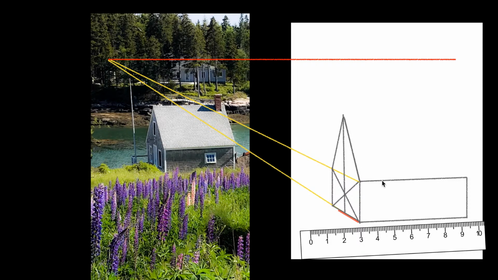Now to get the other side of the roof, I'm just going to move the angle over and put the top of the roof across. Now I have this building drawn and the whole side of the building does not look distorted or like a little kid drew it. And when I want to put the windows in, I'm going to take the lines from my, over here,